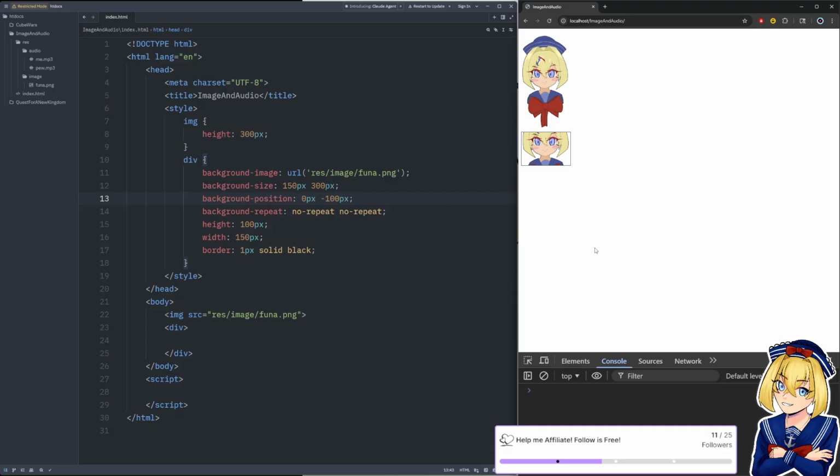So if you want to shift the background up like this, then it's a negative number. So we can see the first third of the image doing this. We can see the second third of the image doing this. Sorry, negative, this. And then we could see the last bit of the image doing this.